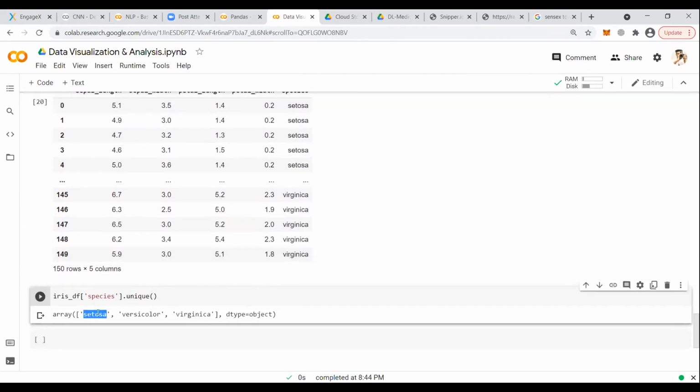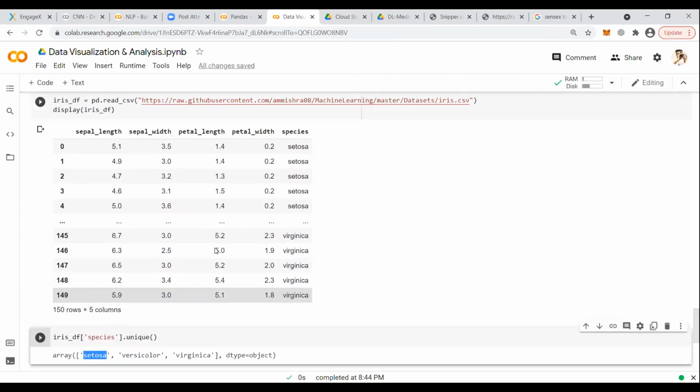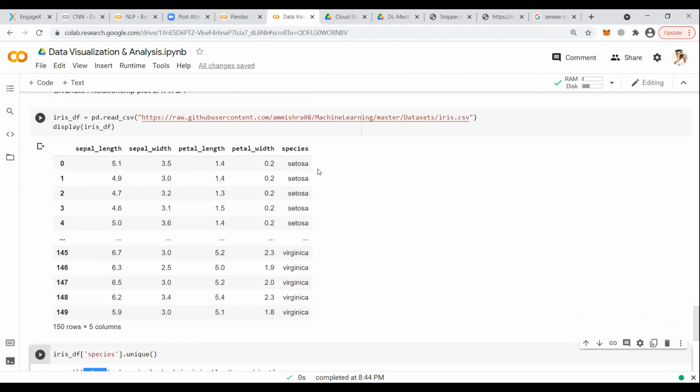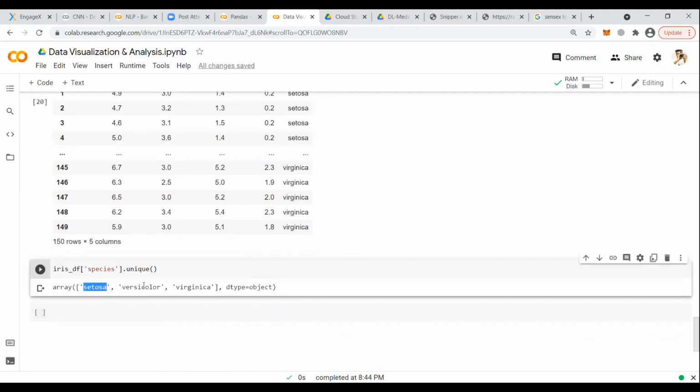Setosa means it's an iris flower. Iris is a flower category, and there are three categories of the same flower available. The same flower category is of three types: Setosa type, versicolor type, and virginica type. These are your three different categories of the flower that is available to us.